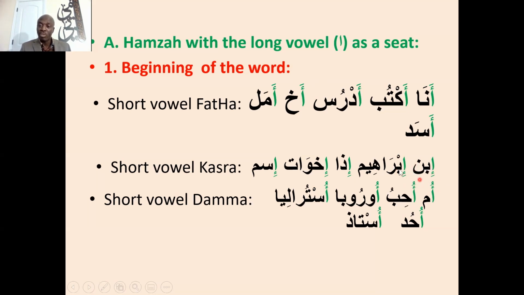Ibrahim. So also the hamza has the kasra, so we place the hamza underneath the alif and the kasra underneath the hamza. Ibrahim, Abraham. Ida is if condition. Also the hamza has the kasra, that's why we place it here. Ikhwat is sisters. Also the hamza here has the kasra, and then we put the kasra underneath the hamza, and